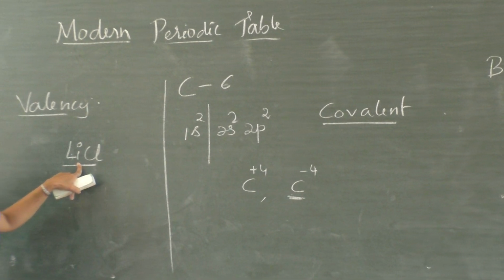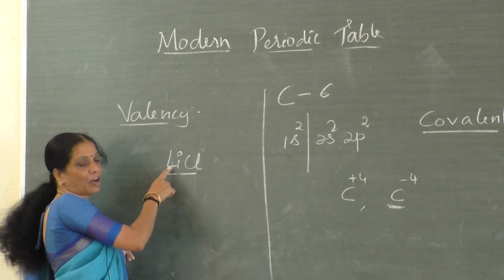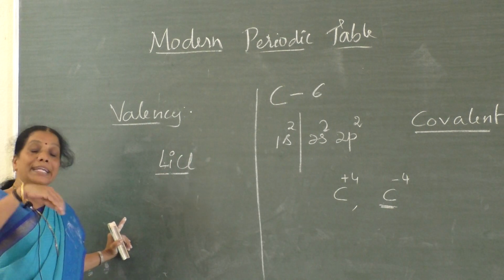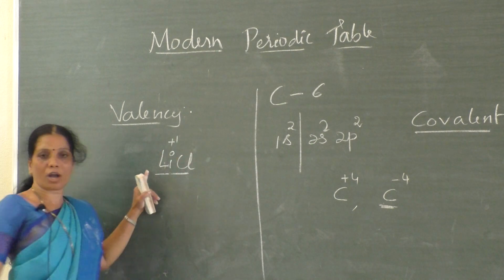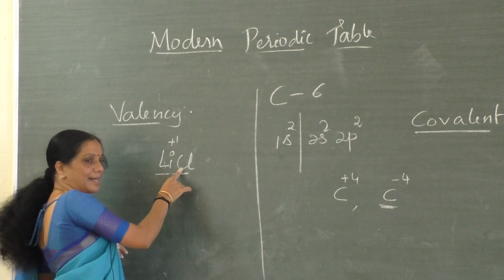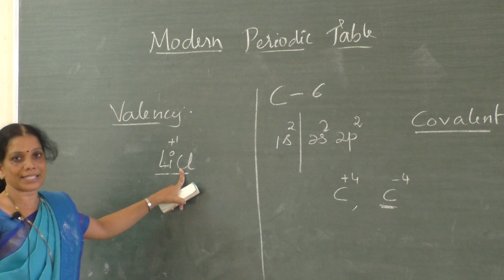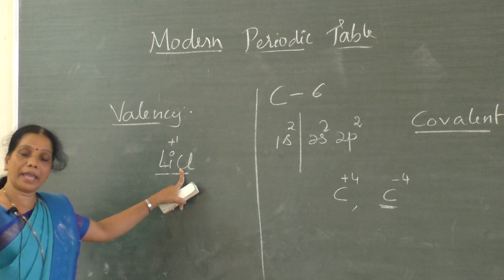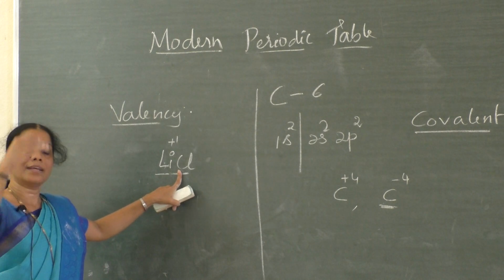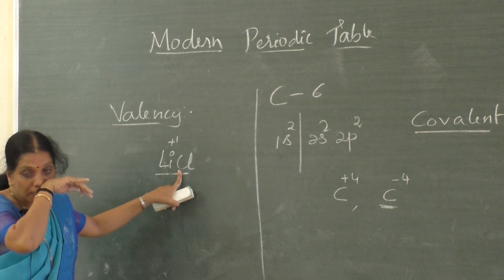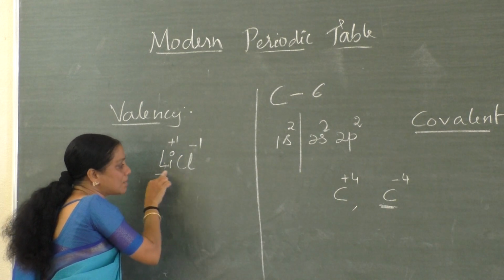Is it a covalent compound? No, it is not a covalent compound, because the outermost shell of lithium contains a single electron. It is always ready to donate that electron. Hence, lithium exists in which form? +1 form. Cl, that is the chlorine electronic configuration we have written. The outermost energy level contains how many electrons? 7 electrons. Gain of only 1 extra electron makes chlorine highly stable. Therefore, Cl gains that electron and it becomes Cl minus.